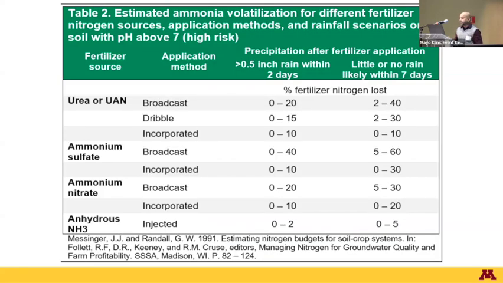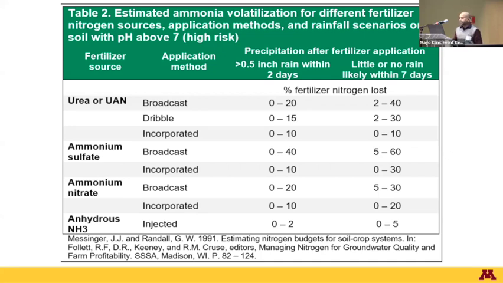Next, earlier in study 2, I shared the results from our study showing that nitrogen sources could significantly affect the nitrogen losses. And some other studies have also demonstrated the importance of nitrogen source and placement on nitrogen losses. For example, one study conducted in 1991 showed ammonia volatilization loss for different nitrogen sources and application methods with varying rainfall scenarios. Here you can see that the ammonia volatilization estimates for high-risk soil with pH above 7 is shown in this study, but some similar studies have also shown similar estimates for ammonia volatilization losses for lower pH